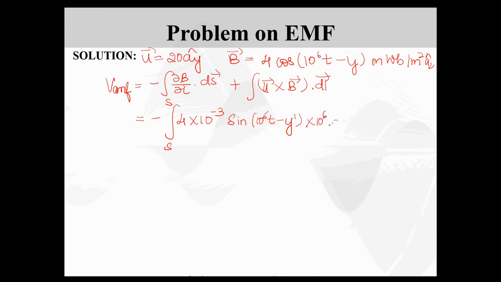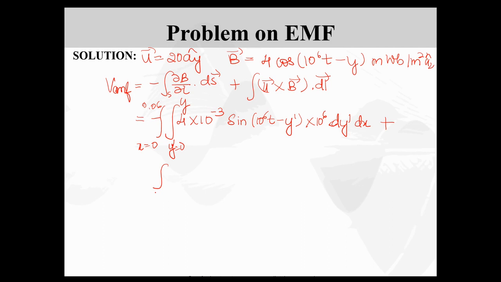So as we know, the ds will be of the form dy dx. So the surface integration can now be written as the integration of x from 0 to 0.06, and y will be from 0 to y, because y is an arbitrary position, so I don't know where that y is positioned, therefore I'm just writing y dash extending from 0 to y. Now, coming to u cross b, this dl will be in the direction x, that we know.